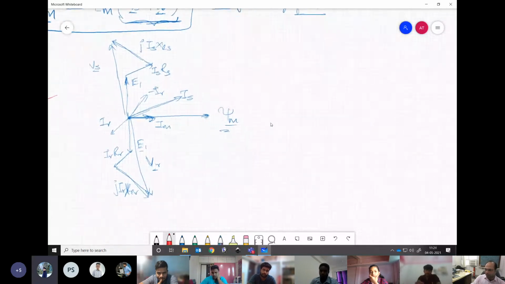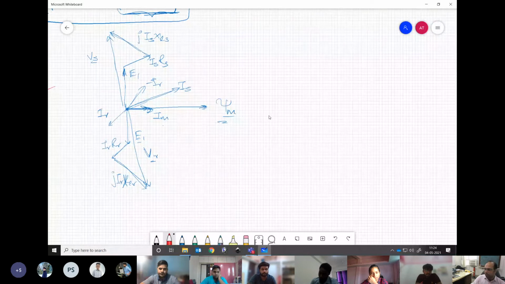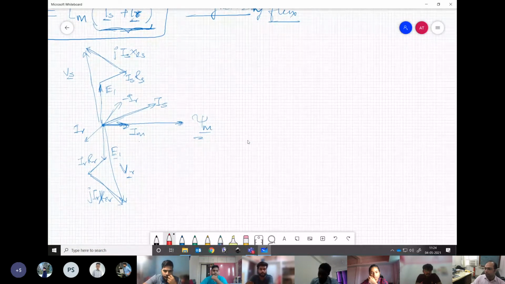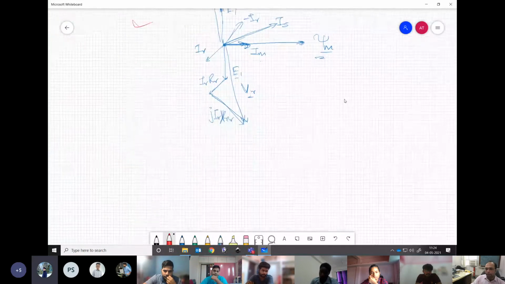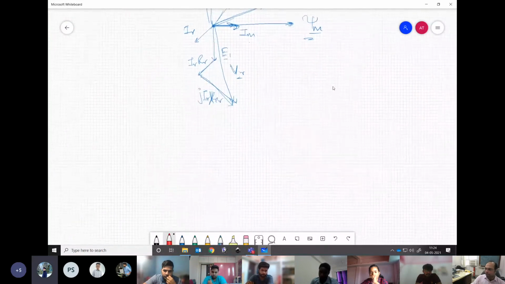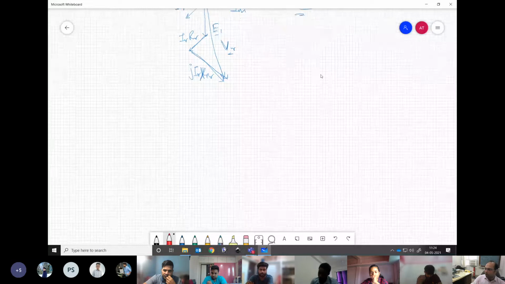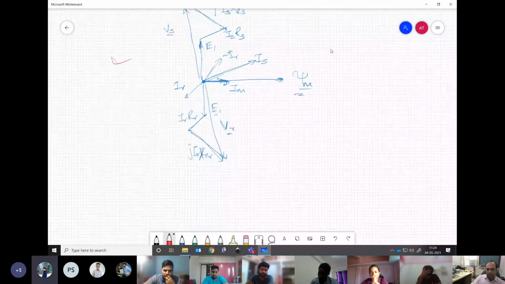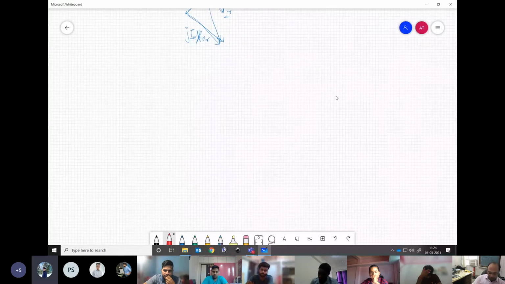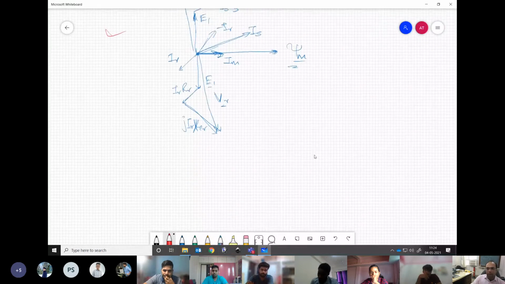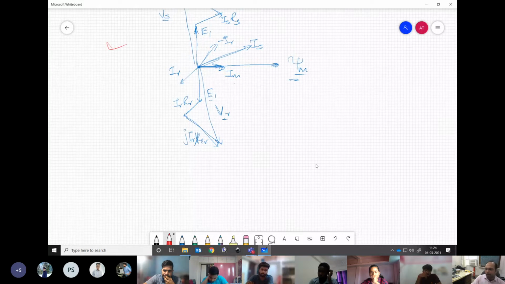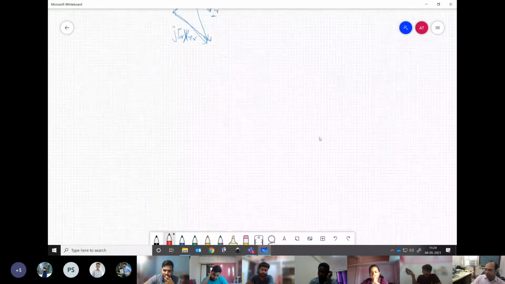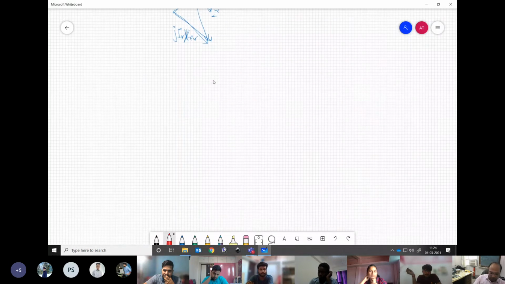So let me revisit. Any suggestion? Sir, will they be along IS and IR, sir? Sir, it should be along with the respective current. Is it? Let us see. This is the common understanding: if psi m is along IM, then psi s should be along IS and psi r should be along IR. This is the common belief, right? Let us see how true that is.